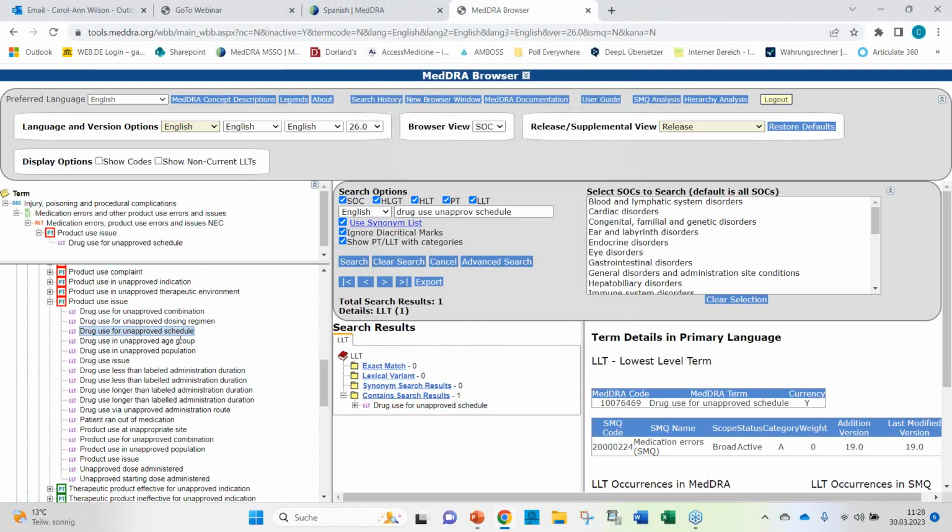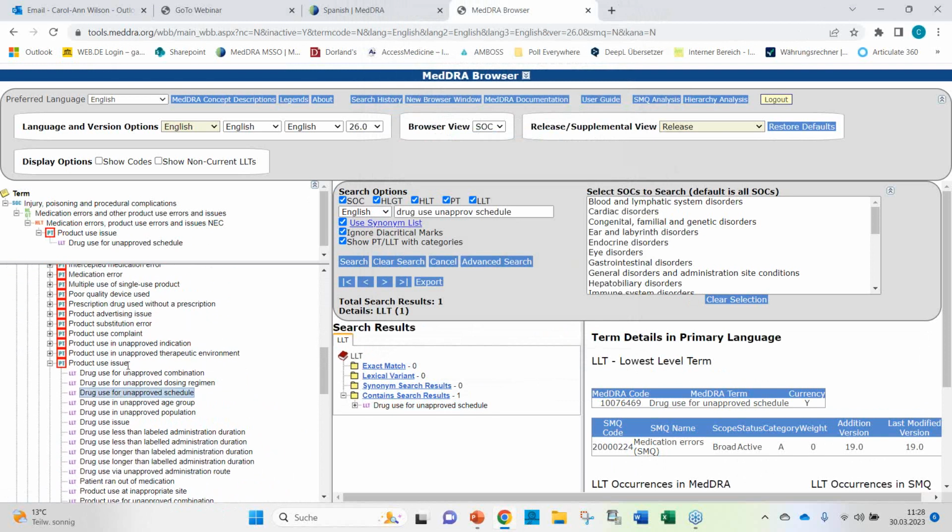Here it is, drug use for unapproved schedule is grouped under product use issue. So it's a very vague term where you wouldn't capture the fact that the drug was administered. It's a product use issue term. Therapy interruption was the other option.